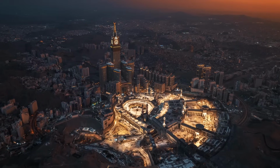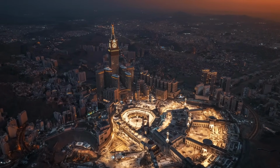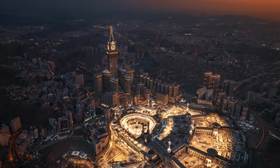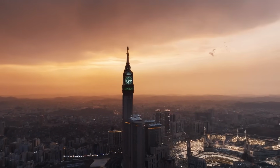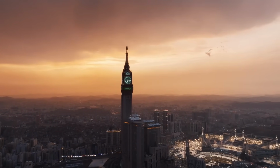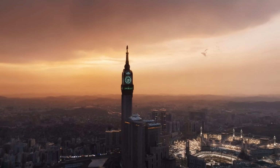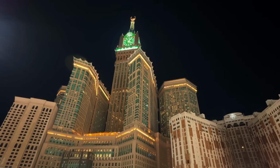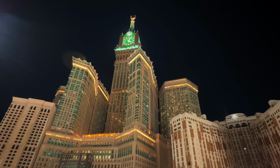At night, the tower becomes a beacon that's visible for miles across the desert, with 21,000 green and white lights beaming skyward. The mechanics of the clock are equally as impressive. Built by German clockmakers, the system is synchronized to atomic time and has backup power systems to ensure uninterrupted operation. The hands of the clock are made from carbon fiber and weigh several tons each. The hour hand is 17 meters long and the minute hand stretches 22 meters, making them the largest in the